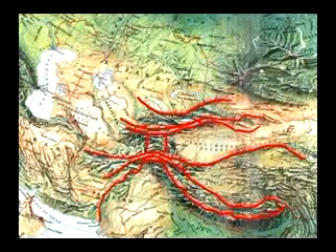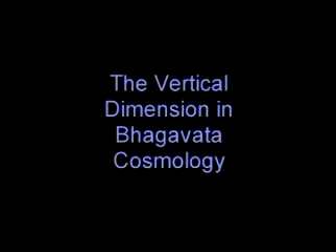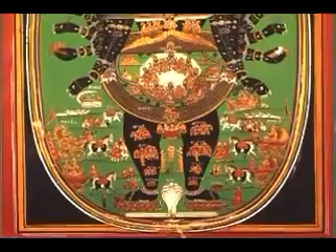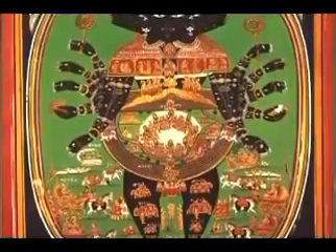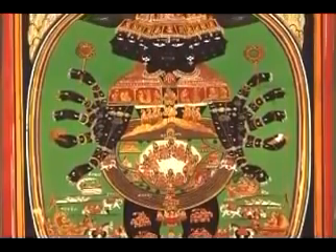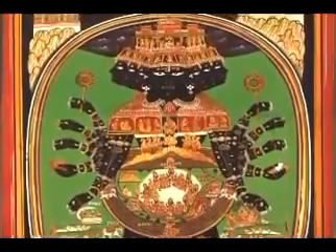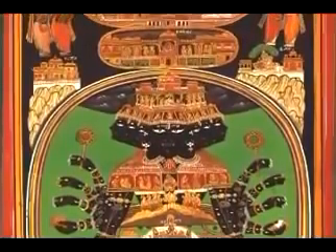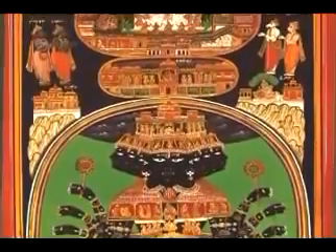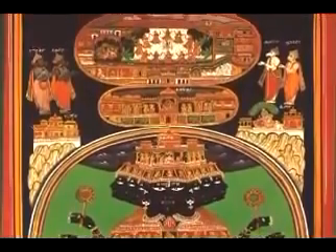The vertical dimension in Bhagavat cosmology. The Bhumandala disk represents the exoteric domains of the earth and planets. In contrast, the cosmic axis, extending perpendicular to Bhumandala, is filled with esoteric meaning. It represents the path of ascent or descent of the soul. In addition to the orbits of the sun, moon, and planets, there are different worlds or lokas arrayed above Bhumandala